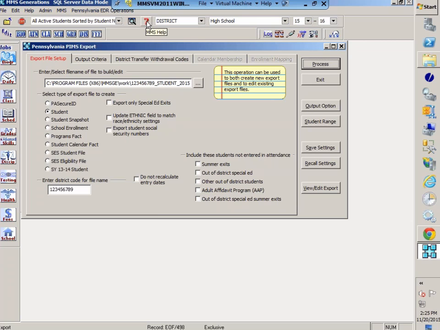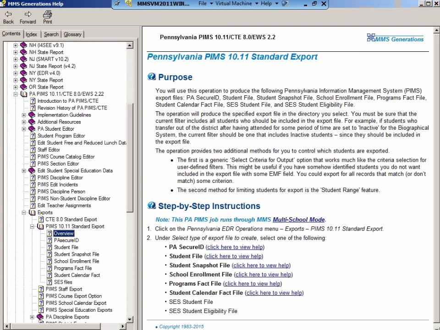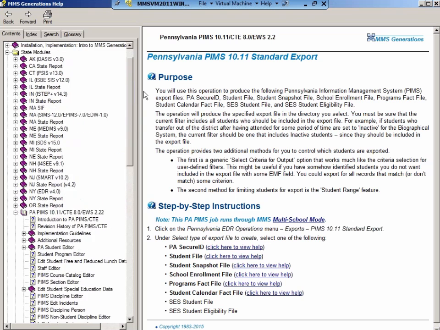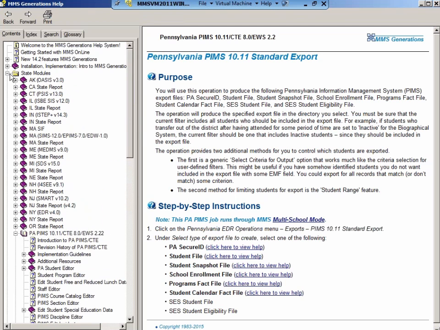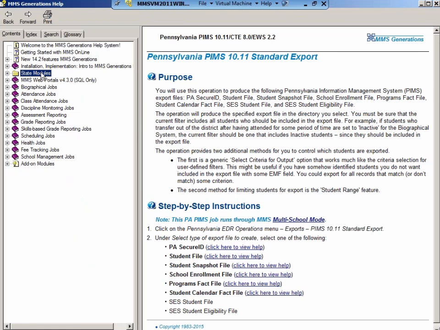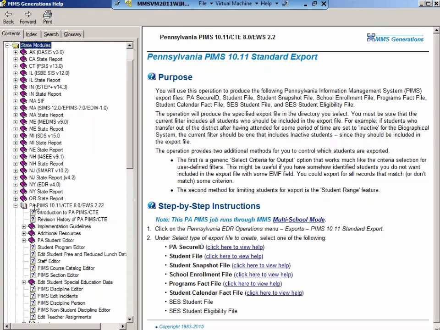Let's see, I thought of something else. Not sure how familiar you are with our help, but if I click on the red question mark, it did bring me to Pennsylvania. We have a folder here, and if I look at our table of contents, that has all of our state modules. So if you open that up, you can go to the Pennsylvania PIMS,